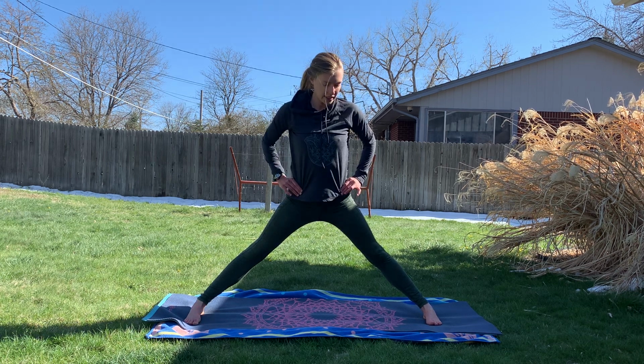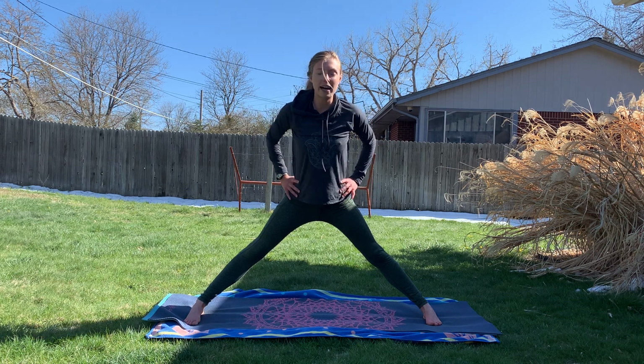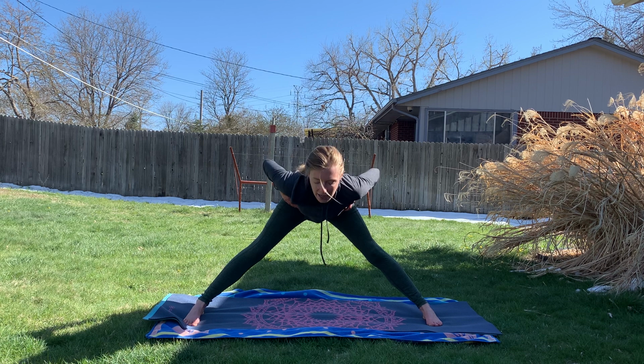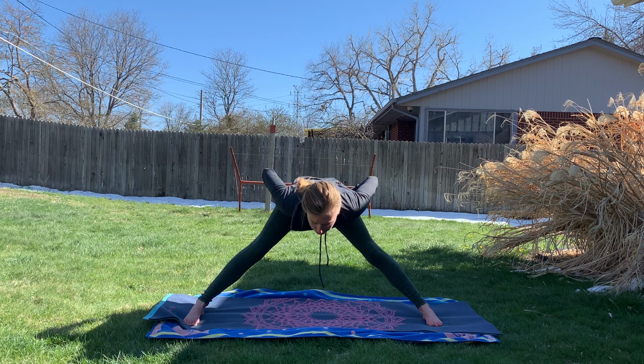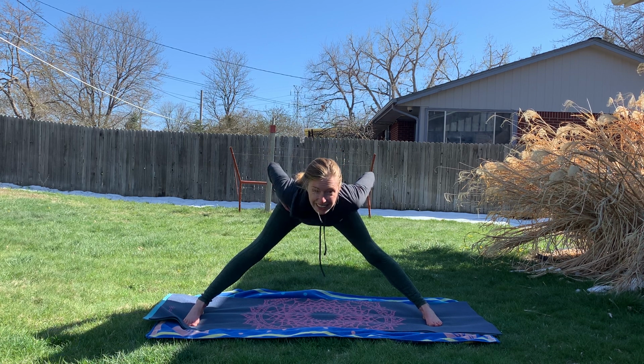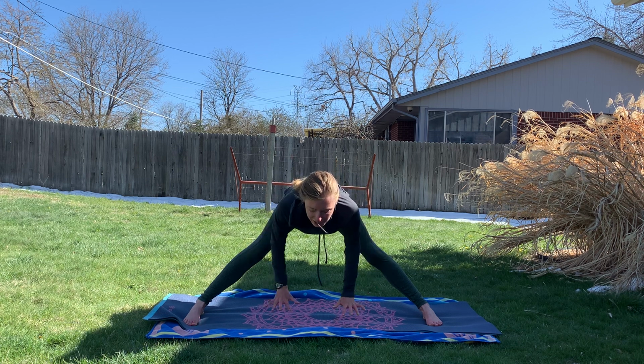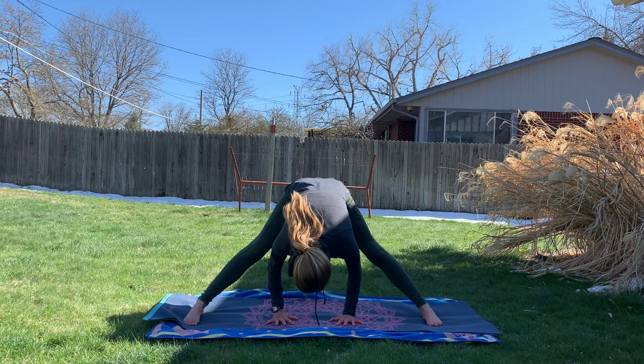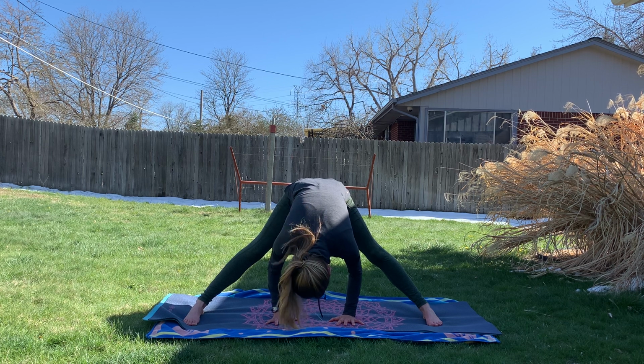Bring our hands to our hips. And then we're going to hinge at the hips, trying to maintain that flat back as we go down, down, down, coming to that halfway point. Once we reach halfway, we'll look up forward and then drop the hands if they reach, and exhaling, wide-legged forward